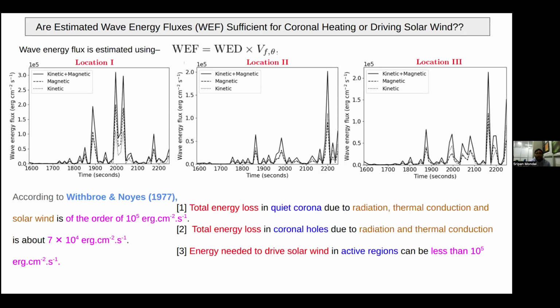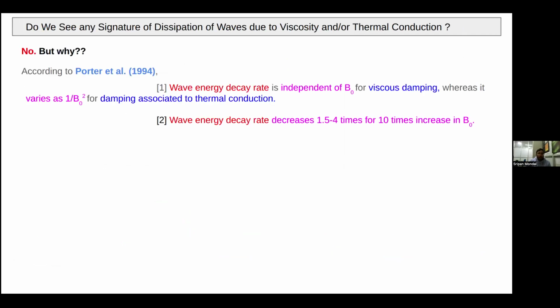And also, it is sufficient to drive solar wind in active regions. So now, since we have viscosity and thermal conduction in our simulation, and the wave has sufficient energy to heat the solar corona if it gets dissipated,